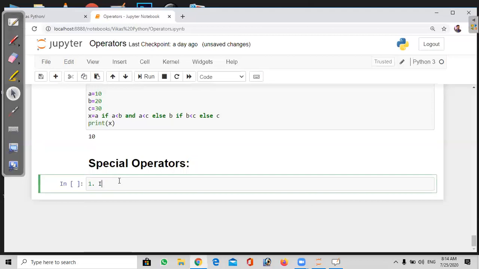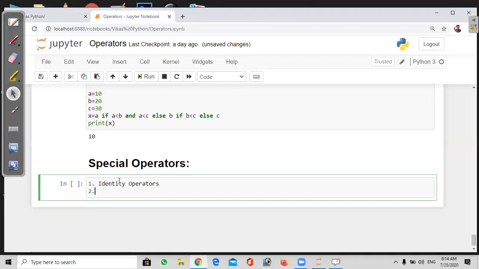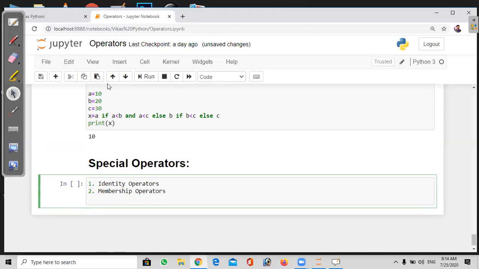One is identity operators, and the second one is membership operators.